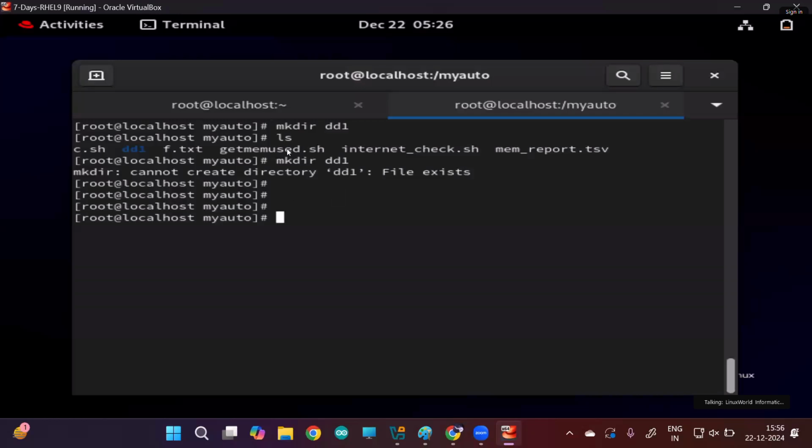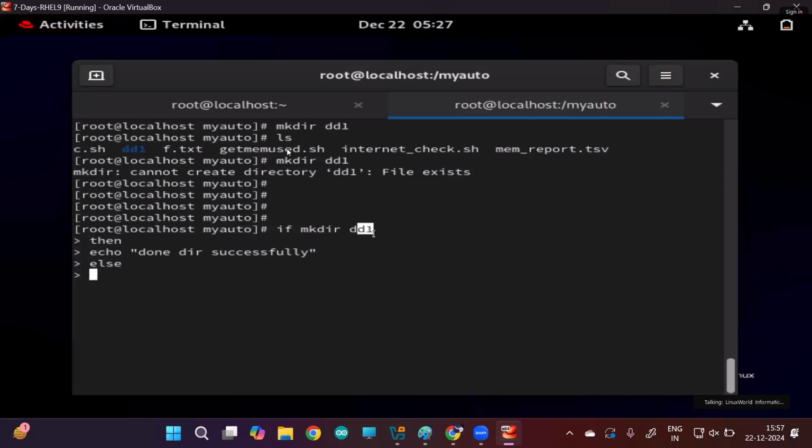So I'll tell my if: go and check this command. If this command runs successfully, then create the directory. Who will check? If. I say if the directory is not there, create it, which means this will run successfully. If it runs successfully, then print a message, for example, "done, directory created successfully." But by chance, if this directory is already available,